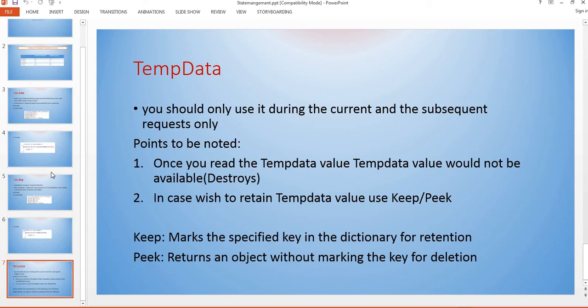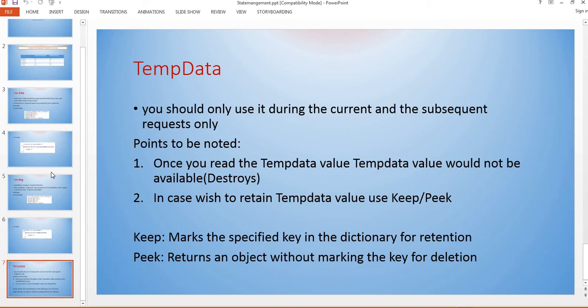Okay. In case you wish to retain the TempData value, we should use either Keep or Peek. Keep marks the specified key in the dictionary for retention. So once you read the data, you use the Keep method to retain the data. Then you have Peek also, which returns an object without marking the key for deletion.